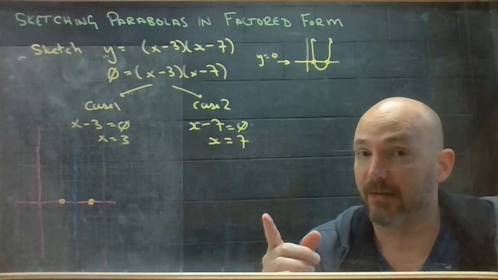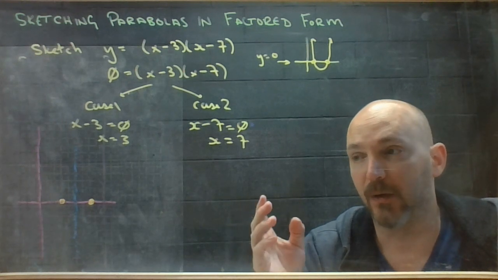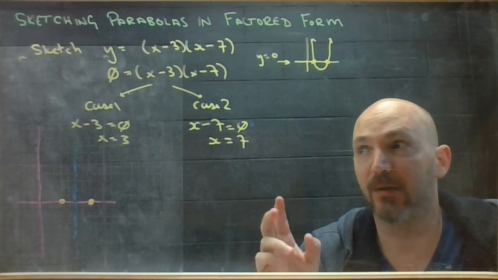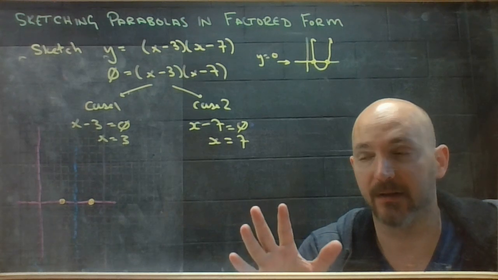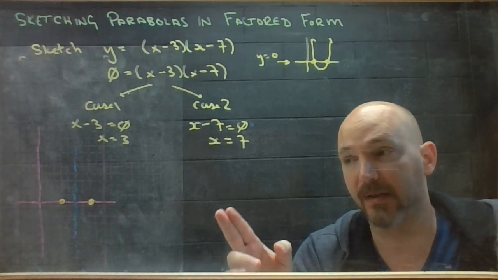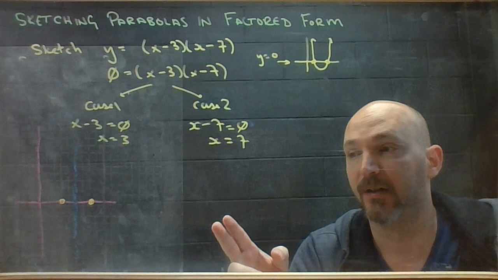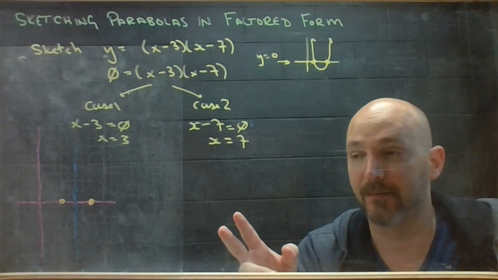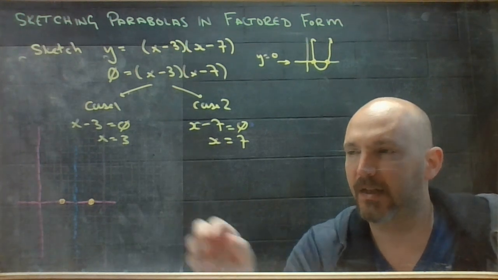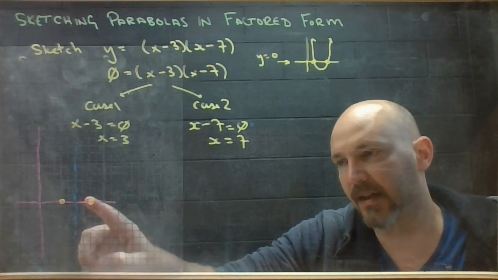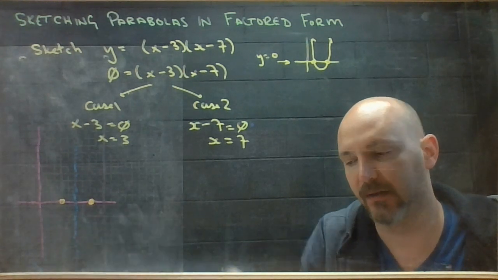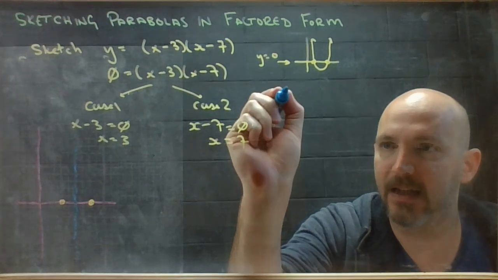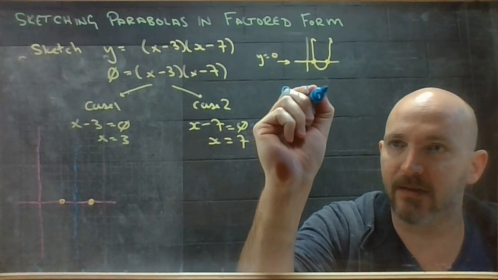When you did vertex form, or when you did standard form, you had the count line, and you used that to generate the pattern. This one's a little backwards. I have to use the pattern to figure out where the count line is. So looking at these 2 dots, this one is 2 squares out. So if I look at my list of perfect squares,